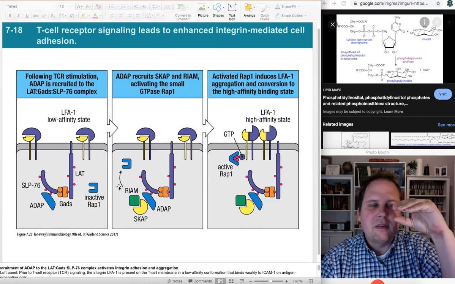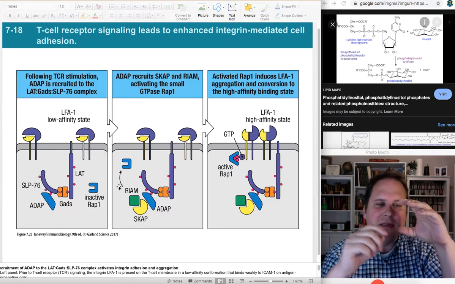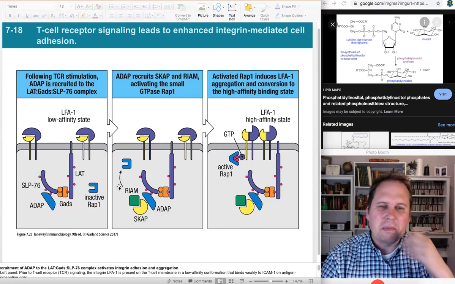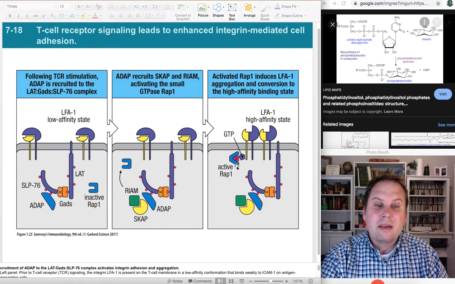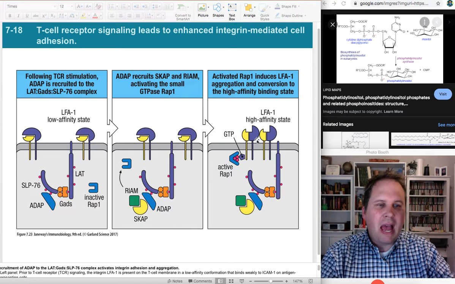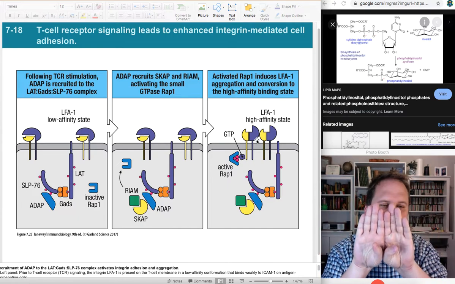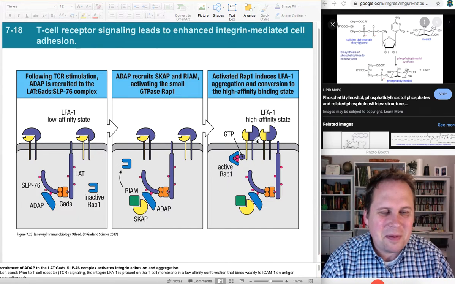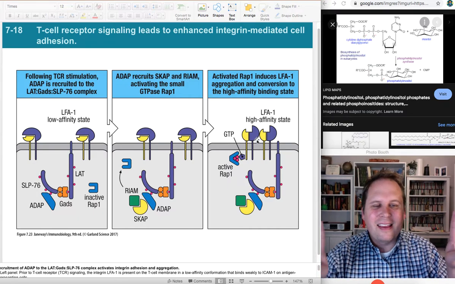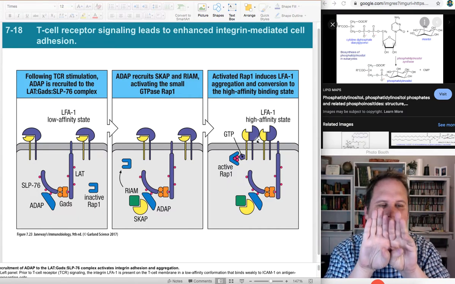So they're going to pry it open so it can get ready and go do something. RAP1 will then take its little GTP over, and it will cause LFA1 to aggregate. So it'll make them form that SMAC. Remember the SMAC? That's the thing in like the center of the little dot where all the proteins are stuck